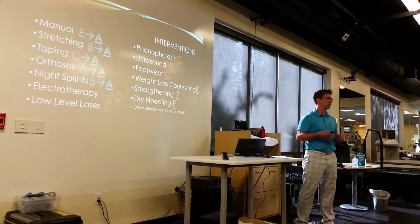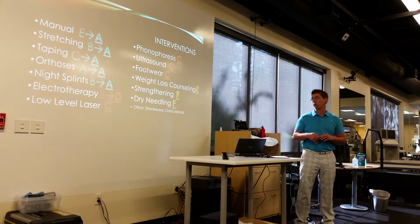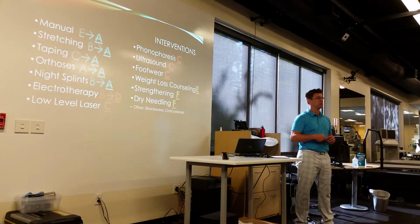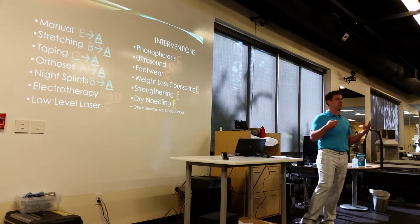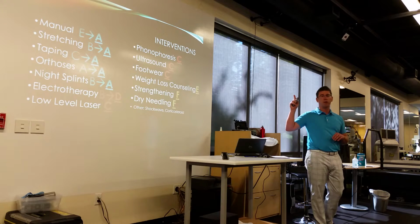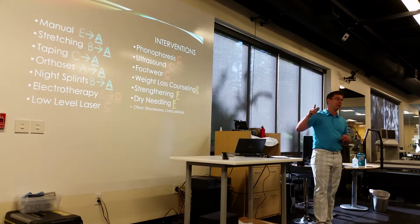It's more just getting something supporting that foot, and you're getting an improved outcome there too. Stretching and manual therapy. Manual therapy, big jump there, right? We went from E in 2008 to saying, hey, caliper, remote, some other things might be good ideas, to now we're saying, and there's still a long ways to go, even with an A grade, because it's mostly